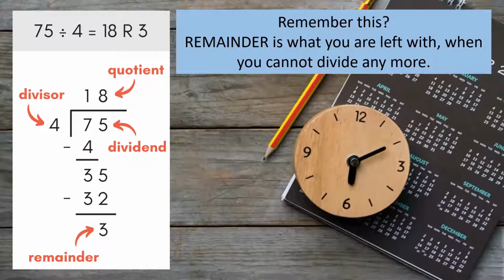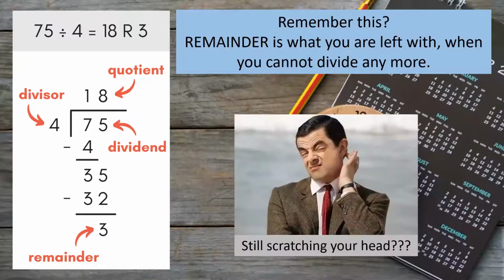This is like what? 3rd grade math, 4th grade math? Division: 75 divided by 4. 75 is called a dividend. 4 is called a divisor. 18 is the answer, which is called the quotient. When you divide 75 by 4, you get 18 whole numbers, but then you're left with 3 that cannot be divided by 4 anymore. That's called a remainder. So by definition, the remainder is what you're left with when you cannot divide anymore. Makes sense, right?